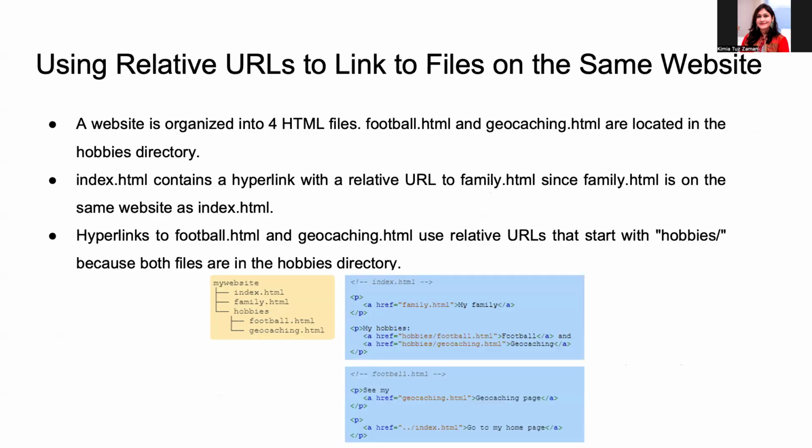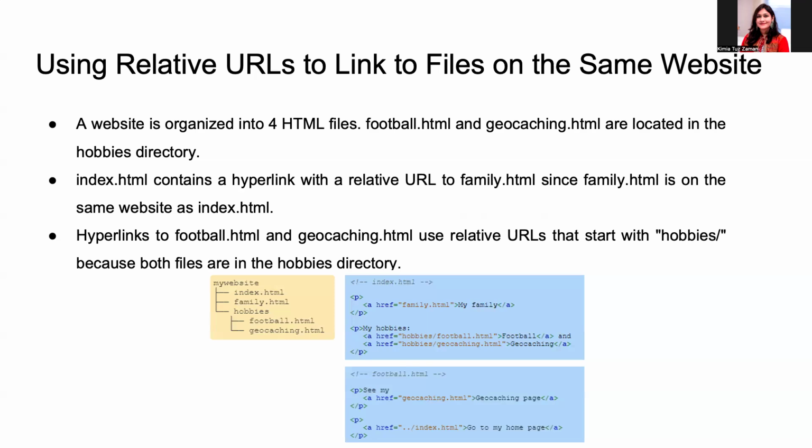Now let's look at how relative URLs work when linking files on the same website. Here we have a website with several files. Two files, football.html and geocaching.html, are inside a folder called hobbies, while index.html and family.html are at the main level. When we create a hyperlink in index.html to family.html, we don't need the folder name because both files are in the same location. So we can simply write the link as: start with the anchor tag, href equal to family.html,